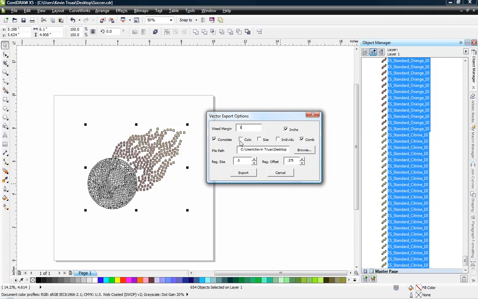So in this case, I'm going to uncheck the complete, and I'm just going to check the color separations. And right now it's going to do color separations because I chose the color checkbox, and it's going to do it in a combo file. So okay, it's not going to export individual files. So let me show you what the end result actually is. So let's choose export,